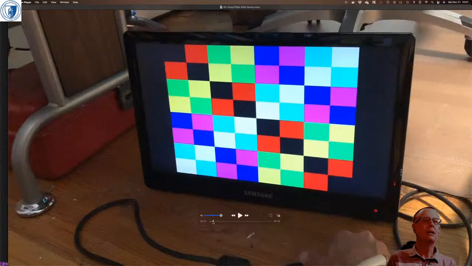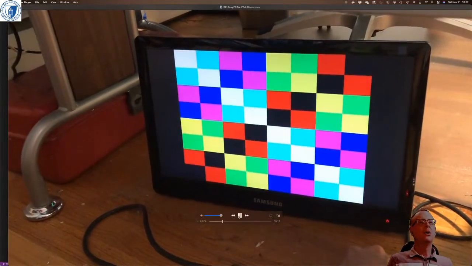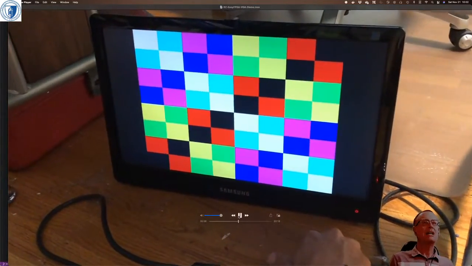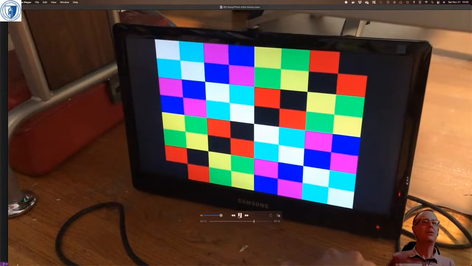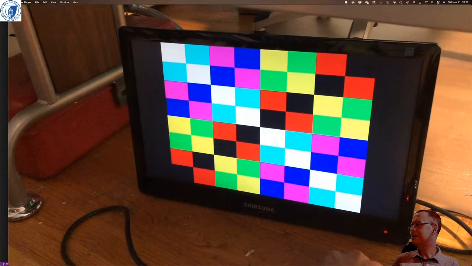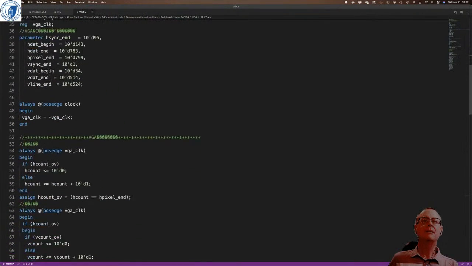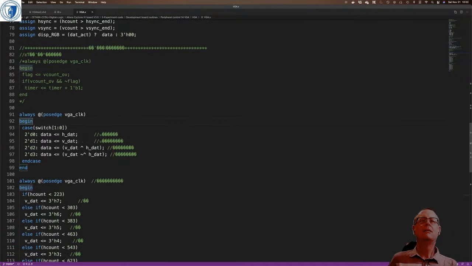So it's either putting vertical stripes or it's putting a logical relationship between the vertical and horizontal values. Let's go back and see if we can figure that out. And that is being done here. Right, if